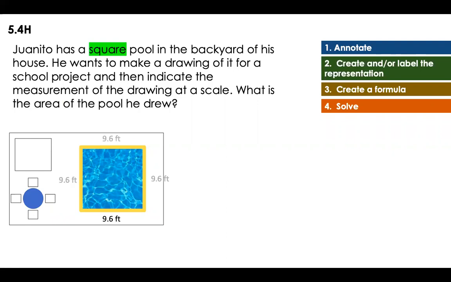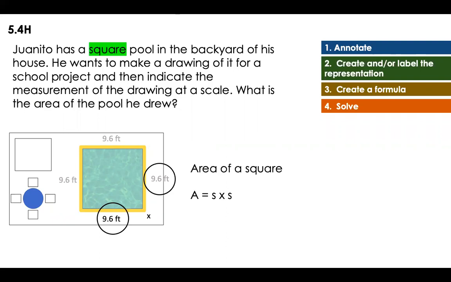Now I'm gonna be labeling it. If it's a square, the pool, it looks like a square. So that means if they gave me one side, I'm assuming that all the sides are 9 and 6. So I got my sides, all of them there already labeled. And I'm only gonna be working with 9 and 6 and another 9 and 6. And I'm not gonna touch the other two. I just need one side times the other side, okay? I am gonna multiply one side times the other. That means area is equal to side times side. That's gonna be area is equal to 9 and 6